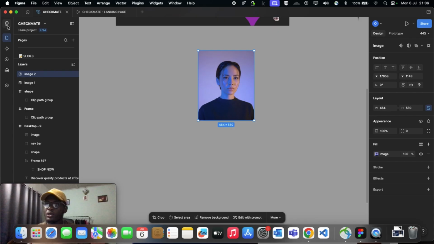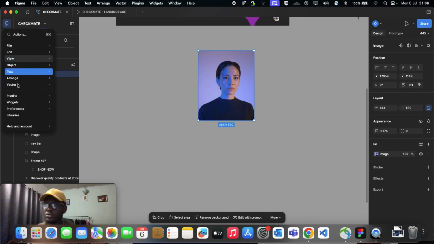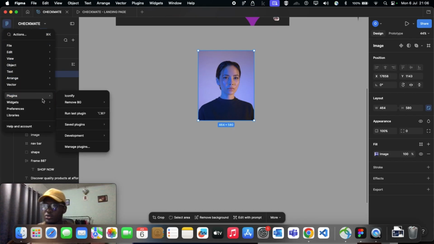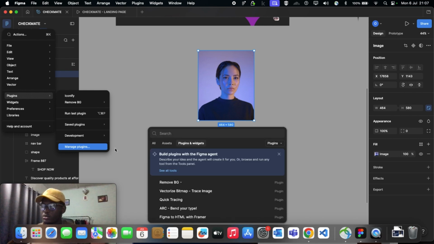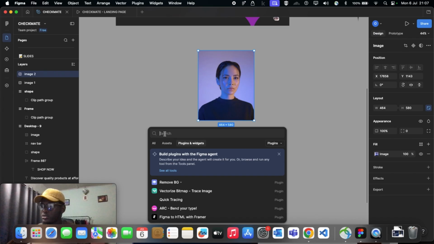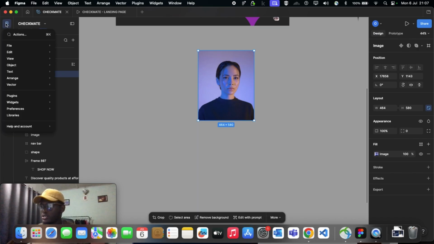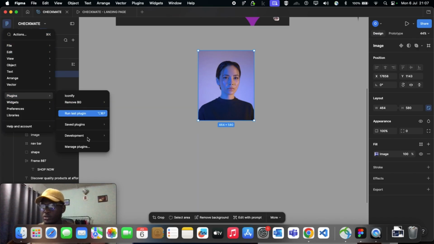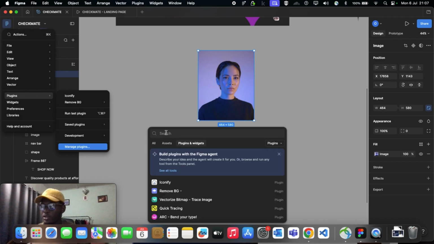So here we can click on this. You see plugin here, right? I've already saved it before, but if you want to do it for the first time, you can click on manage plugins. Then it brings up this. Sorry, I don't know why that's removed. I'll go back again, plugin, go to manage plugins, and then you type what,